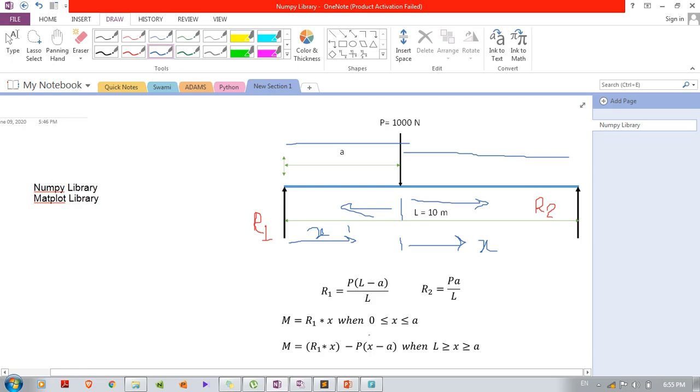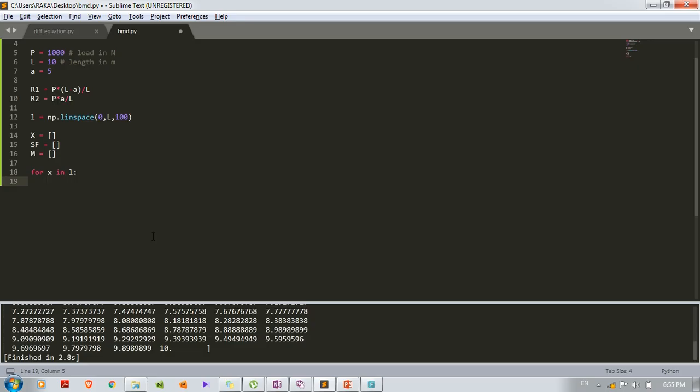We have to write two conditions. So here I am creating an if statement. If x is less than or equal to a, again colon, the formula for moment I will use is small m equal to R1 into x.